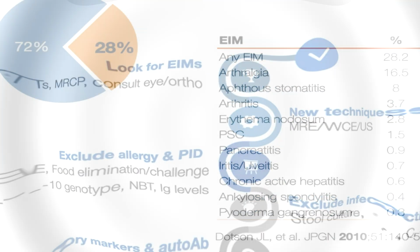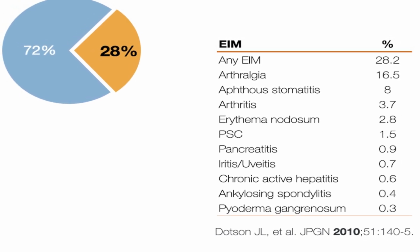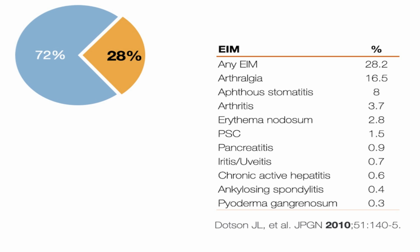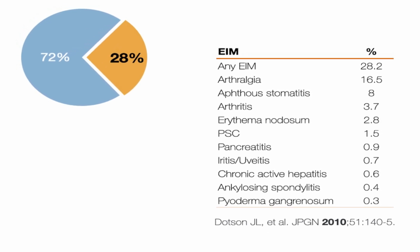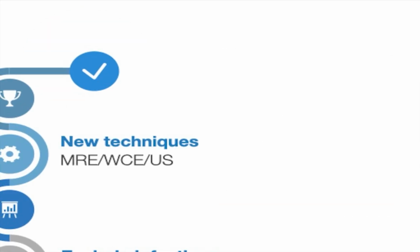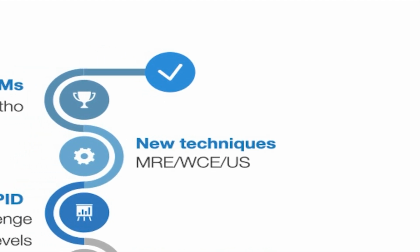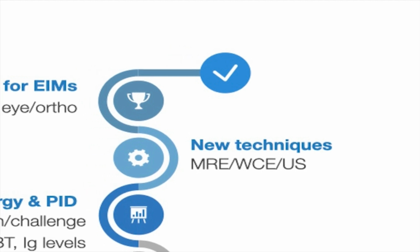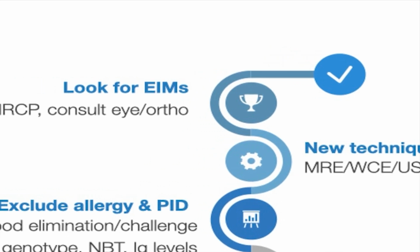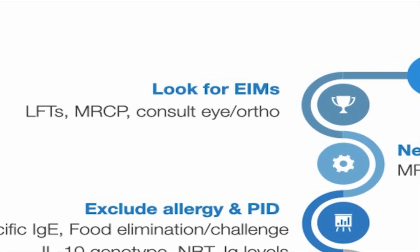In fact, up to 28% of patients with IBD develop EIMs within the first year of diagnosis. The most common? Arthralgia and arthritis. Joint symptoms often emerge early and may precede or parallel gut inflammation. Other important evaluations include MRI enterography, or MRE, for transmural or small bowel disease, MRCP to assess for sclerosing cholangitis, ophthalmologic exam for uveitis, orthopedic evaluation for growth and bone health,